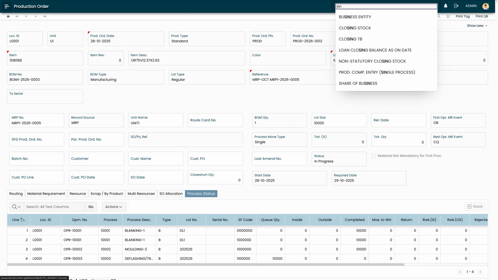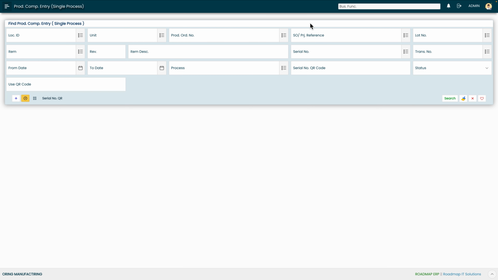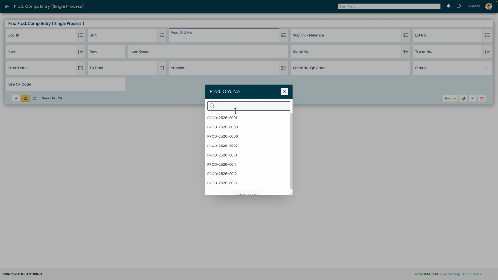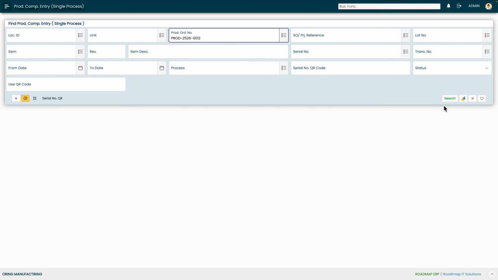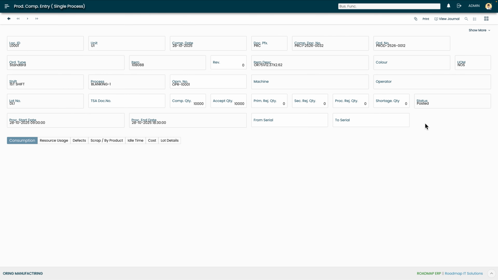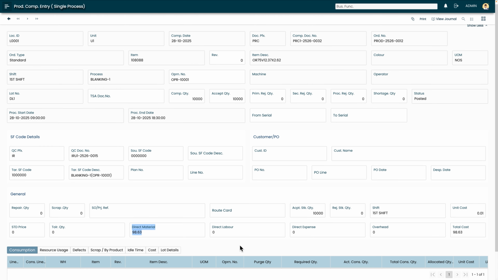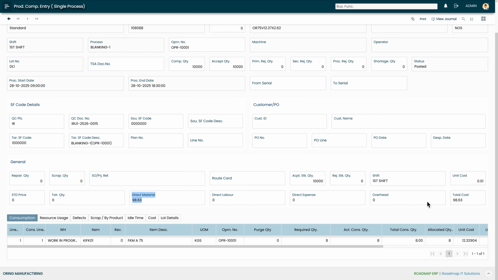Let me also show you the cost details, how it is updated for the production completion. And I'll just click on the production order, click on search. Now for the first process, when I'm opening the production completion, you can see the cost details over here. So the direct material cost, and you can see the unit cost of the item, what is the total cost of the item which is updated. Similarly,